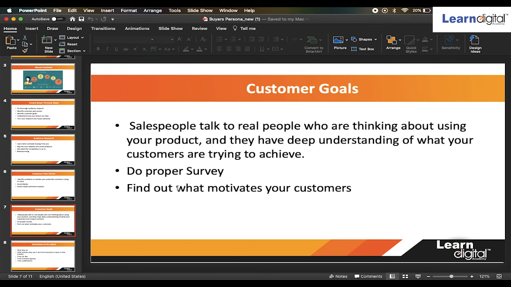Now, the customer goals: you will get to know the ground report only when you deal with the people who have worked on the ground, and the best people are the salespeople who directly interact with the customers. So you have a particular product, let's say it's insurance. The salesperson goes to the prospect or to the lead, and over there when he speaks to the customer, the customer sees that he needs a product, something related, but